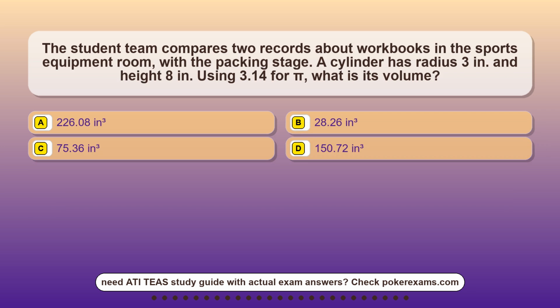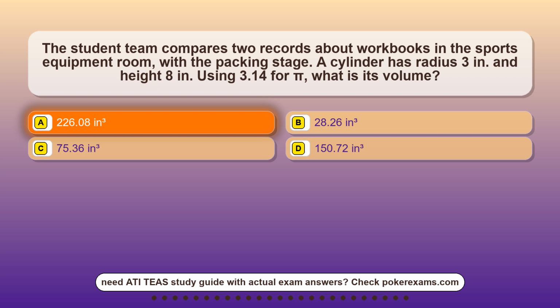The student team compares two records about workbooks in the sports equipment room with the packing stage. A cylinder has radius 3 inches and height 8 inches. Using 3.14 for pi, what is its volume? Option A, 226.08 cubic inches. Option B, 28.26 cubic inches. Option C, 75.36 cubic inches. Option D, 150.72 cubic inches. The correct answer is option A,